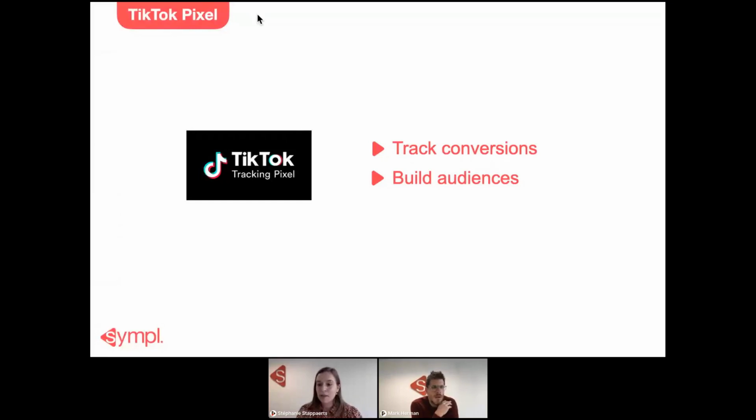If you can add, before you go to the next slide, it's also something we say when we present about the Facebook approach. You can't do anything wrong by installing a TikTok Pixel already today. Even if you're only planning to start recruiting in a couple of months, the quicker you install this Pixel, the quicker you start collecting data, the more data you will have once you start building your actual campaigns.